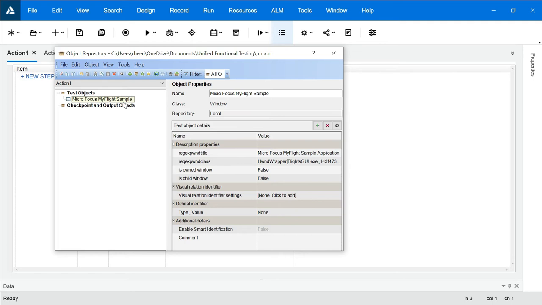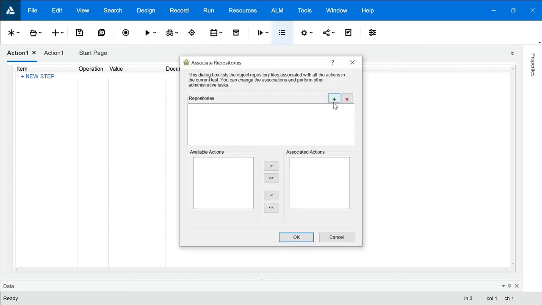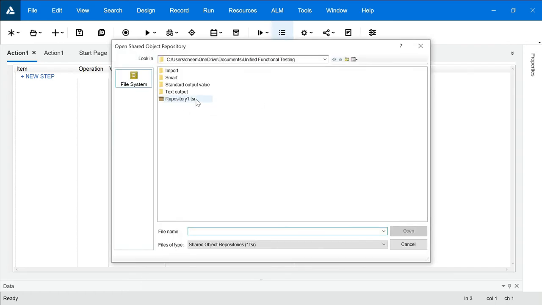Let's say now I want to import that repository which I just exported. All those objects I want to import over here. In order to do so, first you can close this particular option. We'll go to resources again. Go to associate repositories. And here you can click on this plus sign. Look at this. It will navigate you to the by default location.